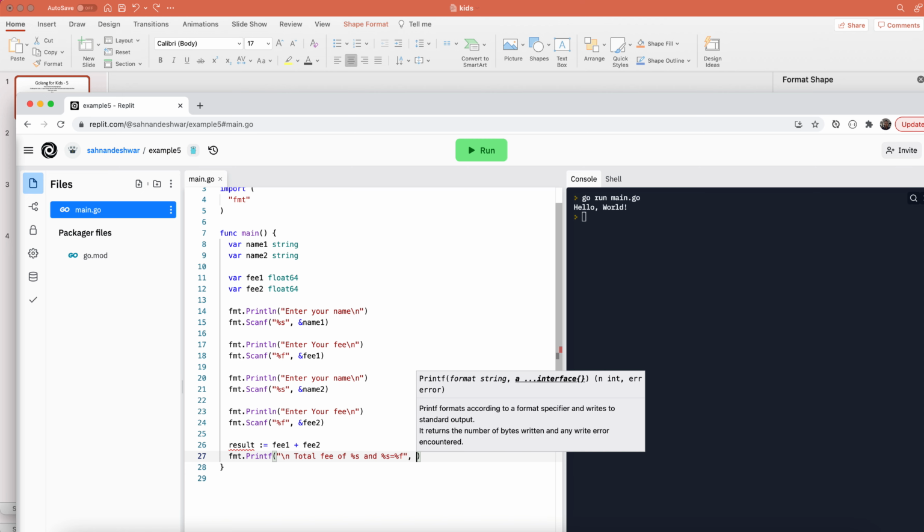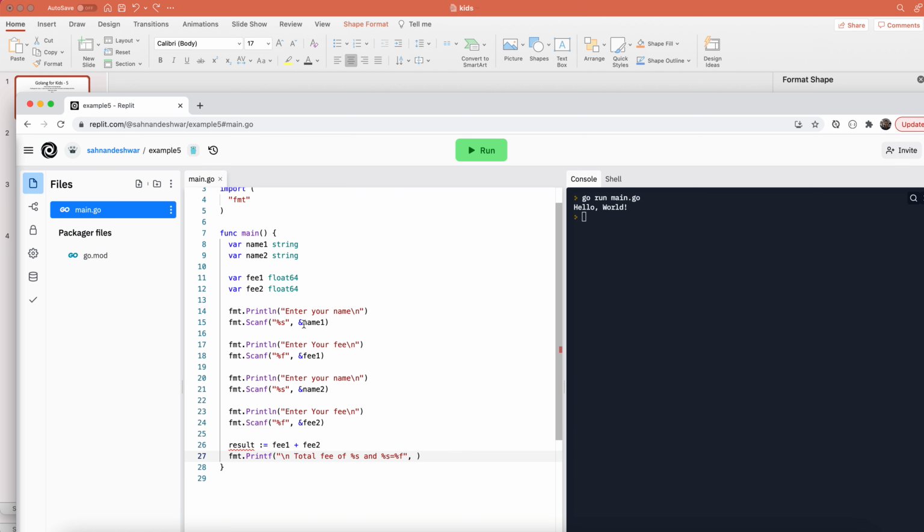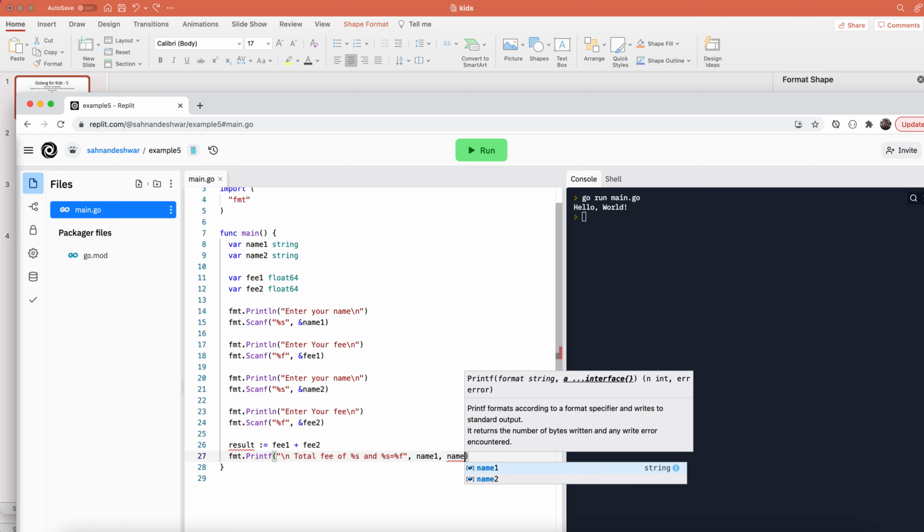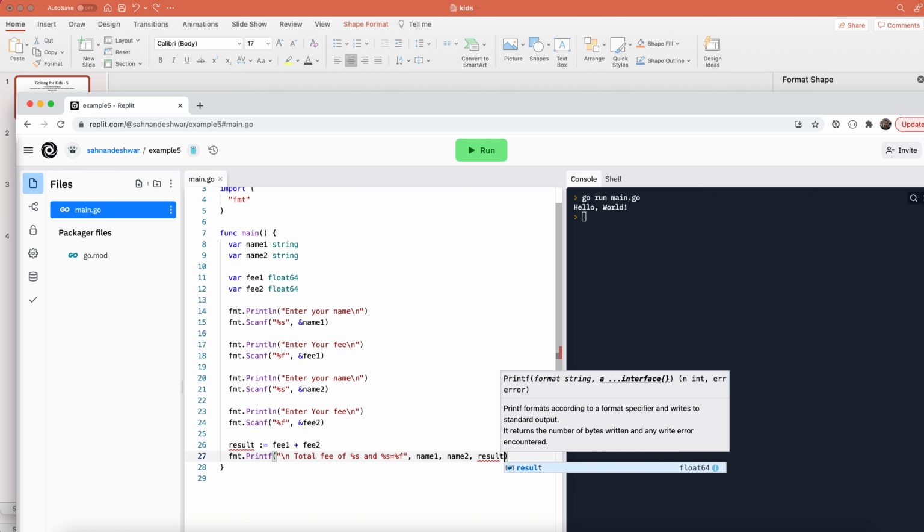And now we'll provide the variable for this s. So first s is name1, so we can say name1, and then for the second s we can give name2, and then for the fee, the result is in this result, so you can get the result. Okay,